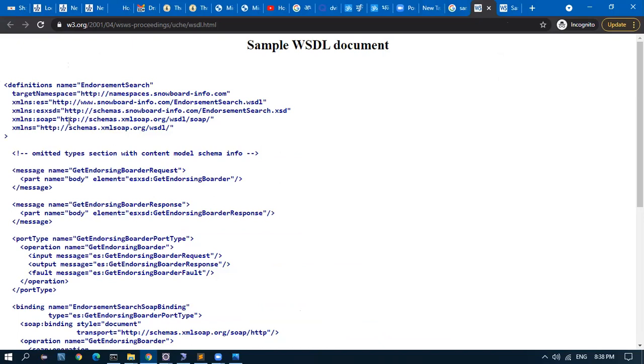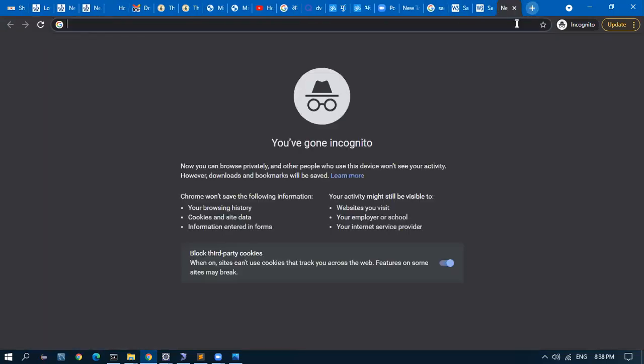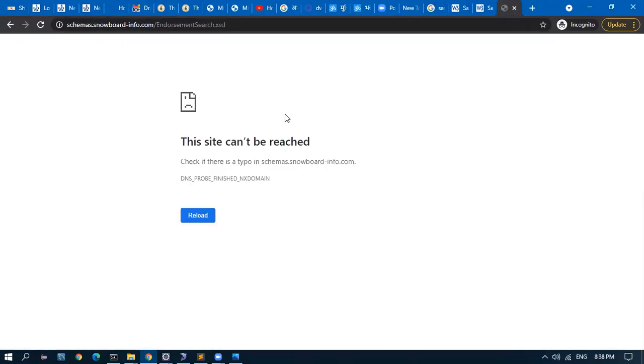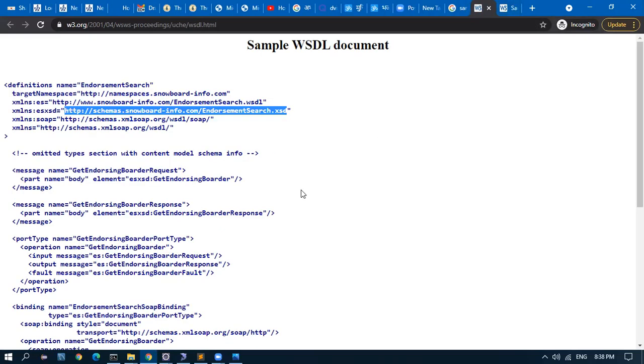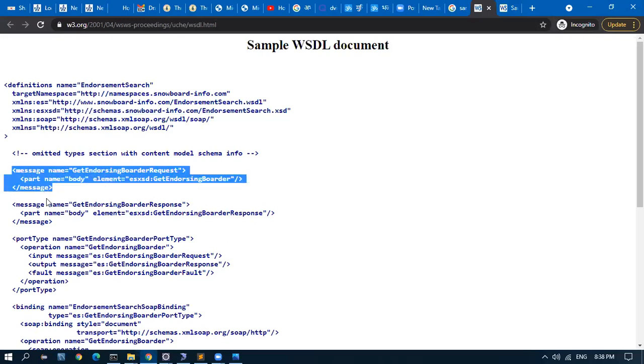If you see in this document, the WSDL name is given. The XSD name is schema.snowboardinfo.xsd. If you see this XSD, I don't know why these are not accessible. So you will get an XML like this. This should be the input.